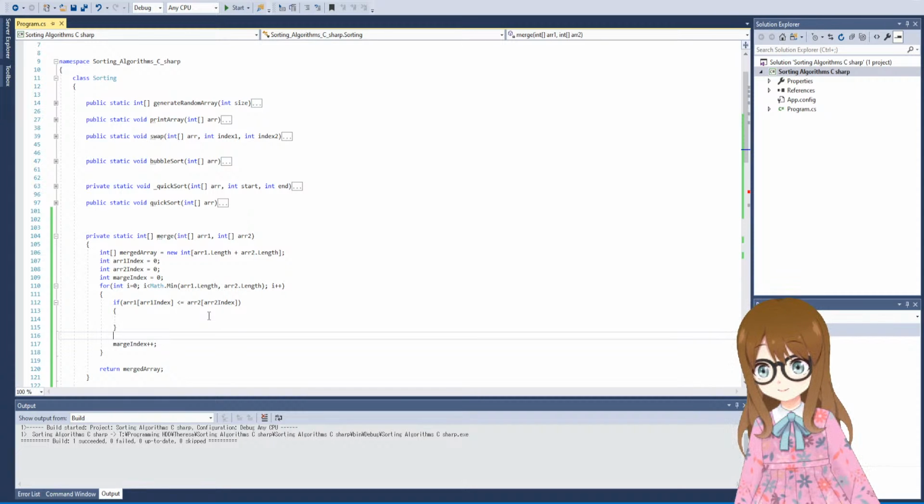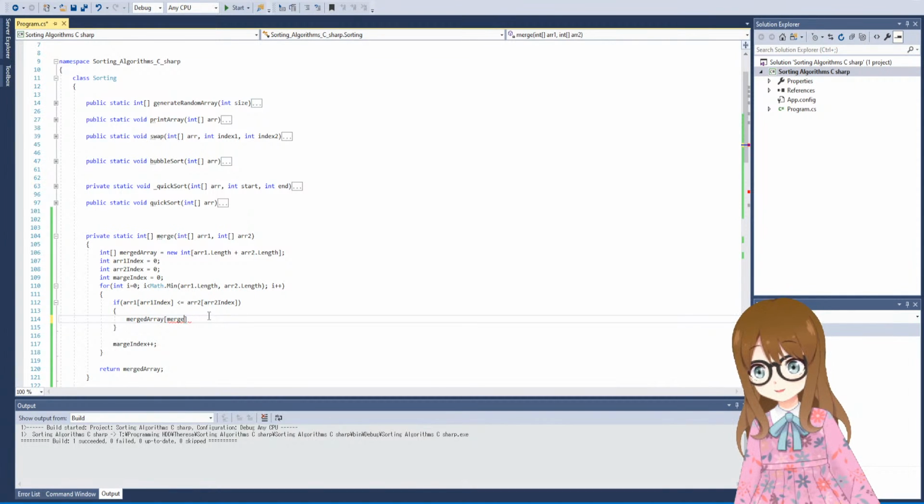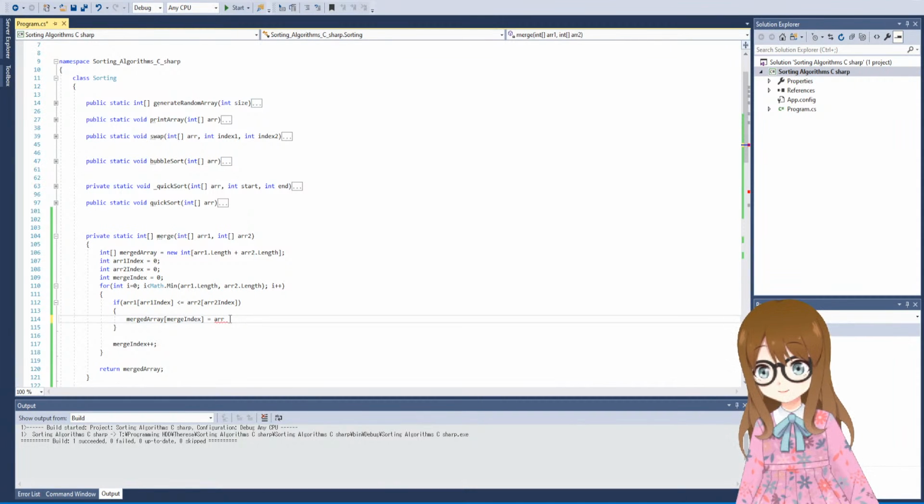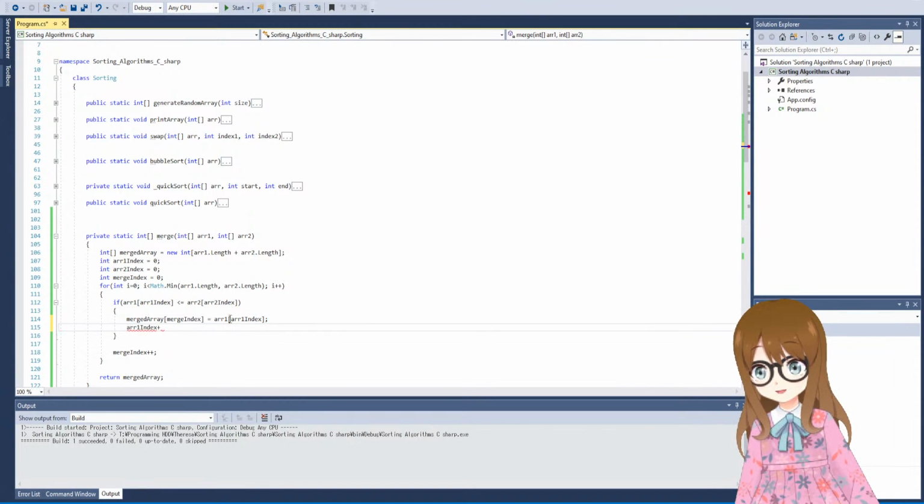Then in here, if it's less than or equal to merged array, merge index equals, what is it? Oh my gosh, that's why. Merge, not marge, okay. Equals, so if it's less than R1 of R1 index, then R1 index plus,